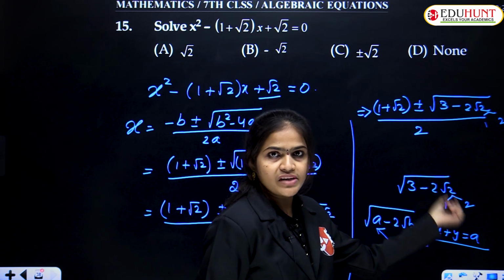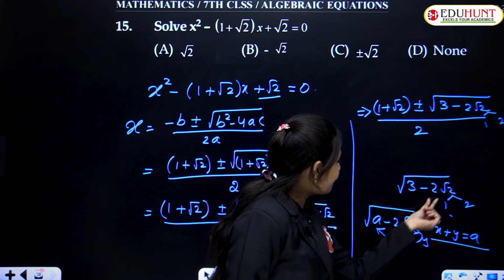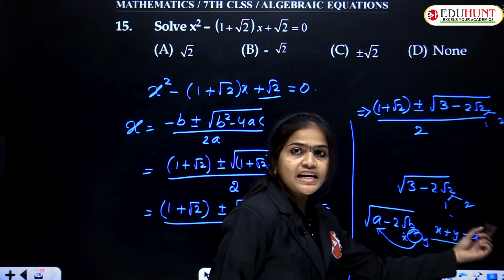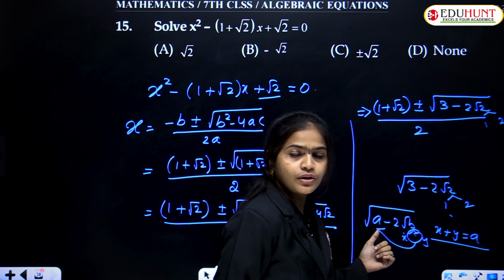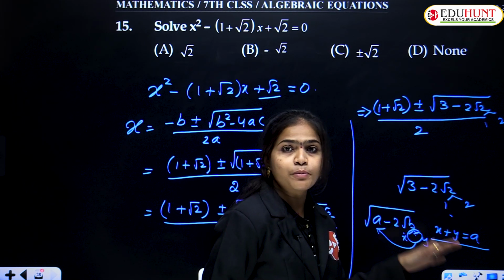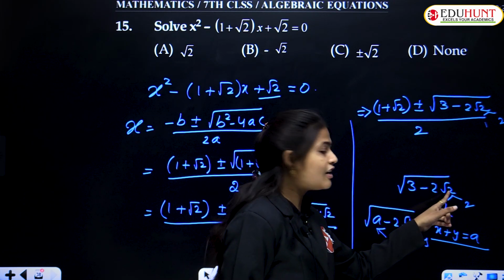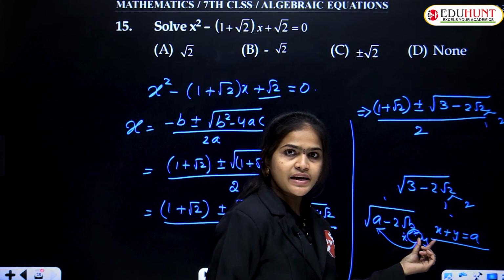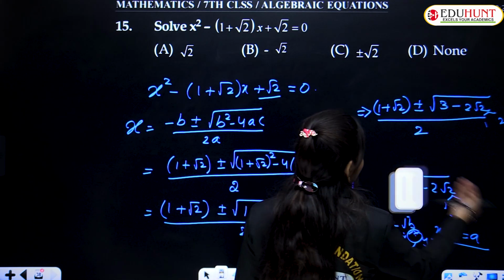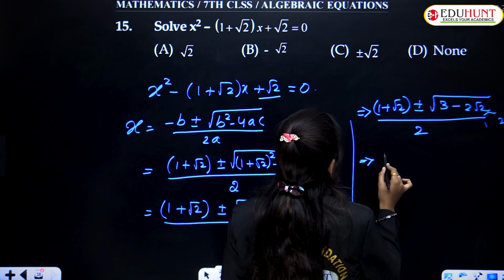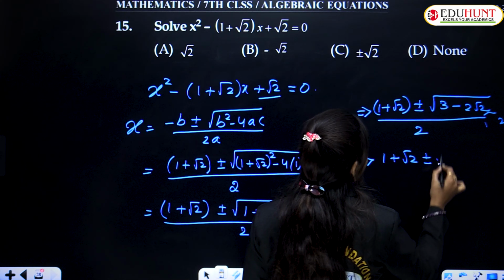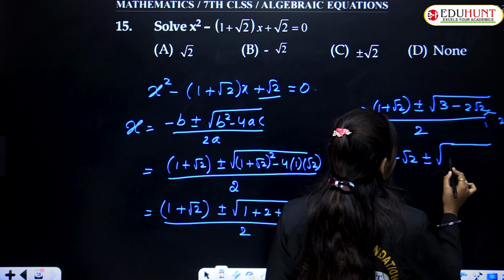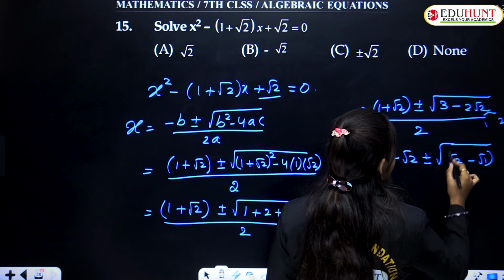Okay. In the third concept I will explain you very briefly. So here the factors of b are x and y. The sum of x and y should be equal to a. Okay. So is that satisfied or not, are there such numbers or not? So here 1 and 2 are the factors of 2 and the sum of 1 and 2 is 3, or not? So this is satisfying? Yes. So we can write this one as 1 plus root 2 plus or minus square root of root 2 minus root 1 whole square.